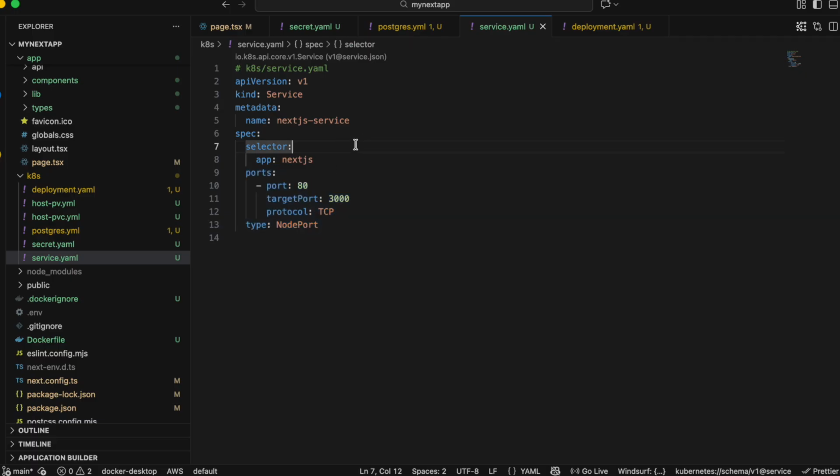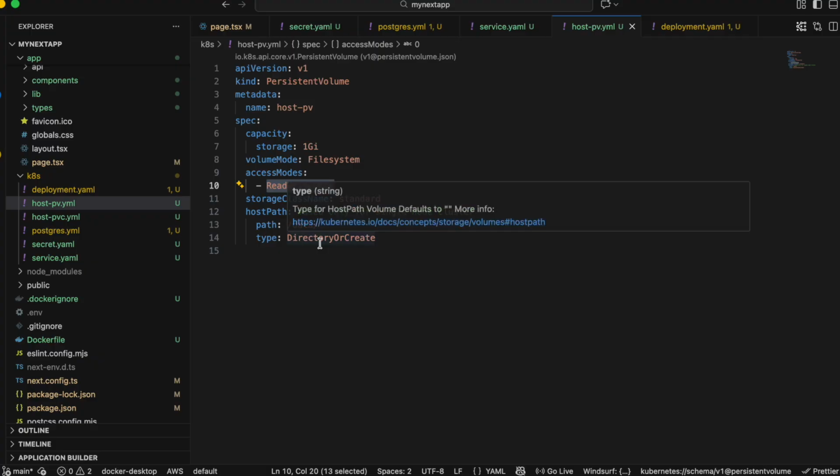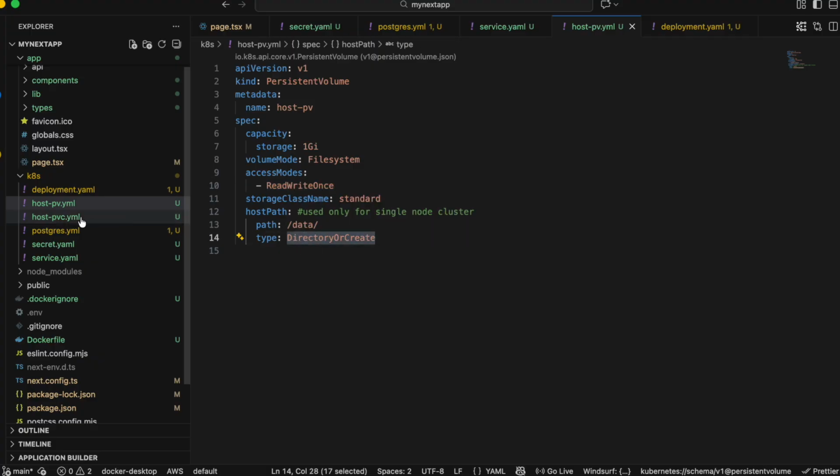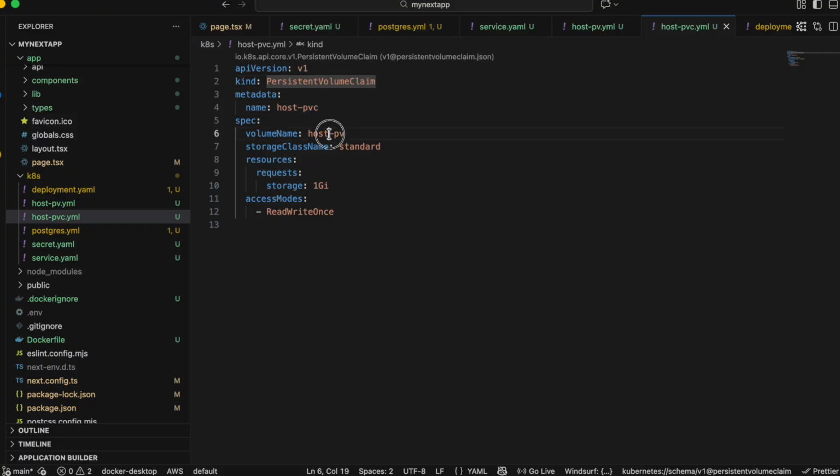That's all. Then inside host we have created this for the persistent volume claim. So again, this is boilerplate code. So this is our persistent volume. Storage is 1 GB, file system read write once. Okay, and this is the directory or create, and this is the persistent volume claim. That's what I have defined. Host-pvc, host-pv, storage class name standard, storage is 1 GB, access mode is read write once. Then go to